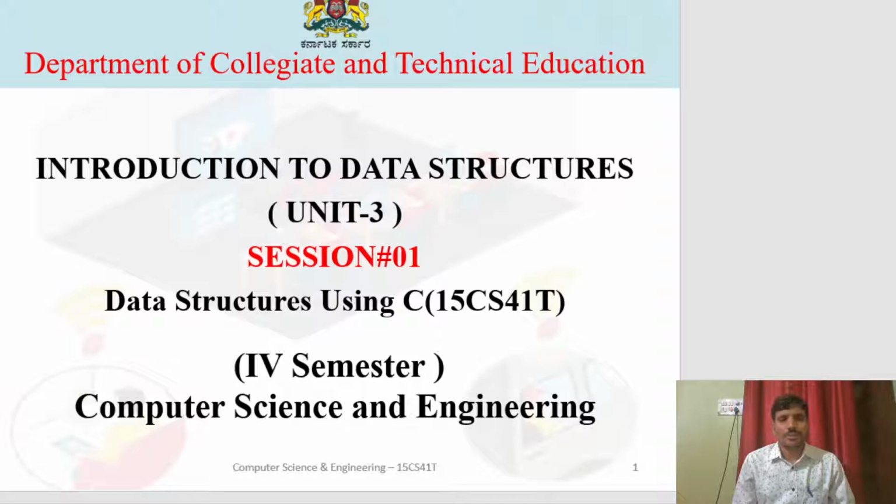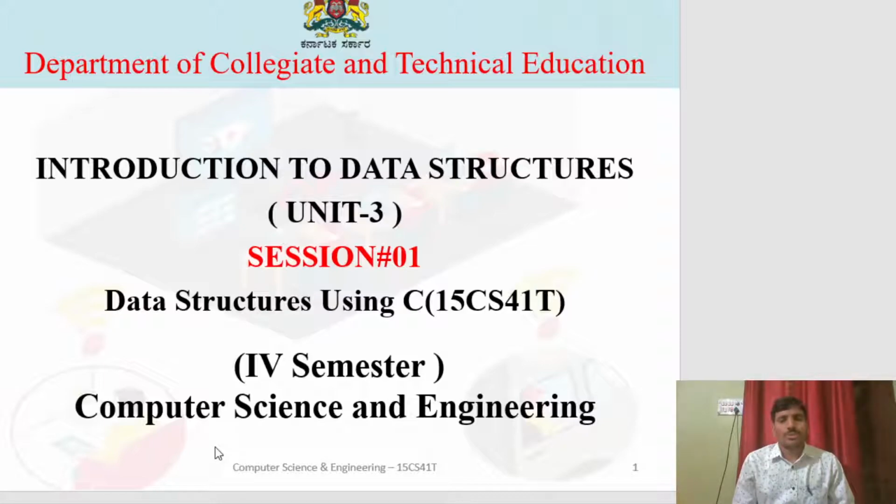In today's session, we'll start the third unit of the subject Data Structure using C, 15 CS 41T. The name of the third unit is Introduction to Data Structures.